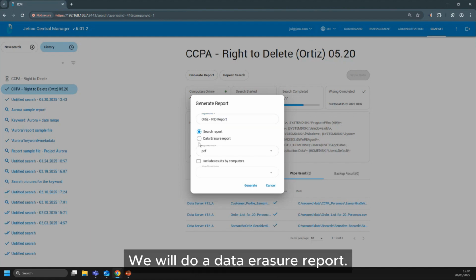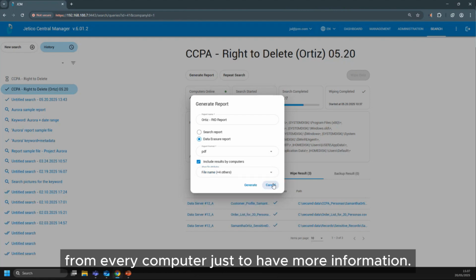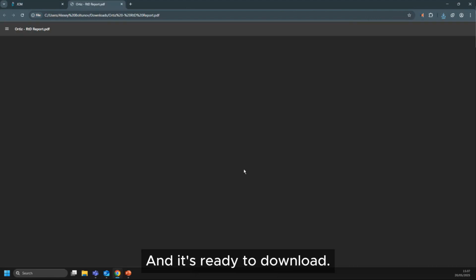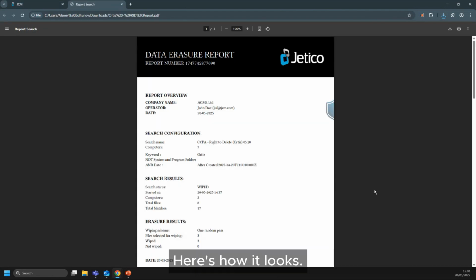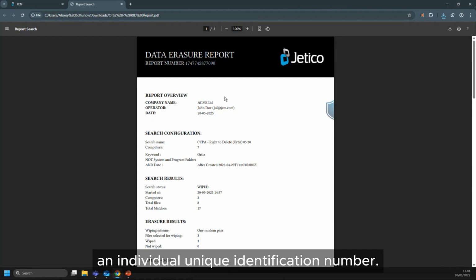We will do a data erasure report. We will have a PDF version of that, and we will choose to include individual results from every computer just to have more information. And it's ready to download. Here's how it looks. Under NIST recommendations, every report will also have an individual unique